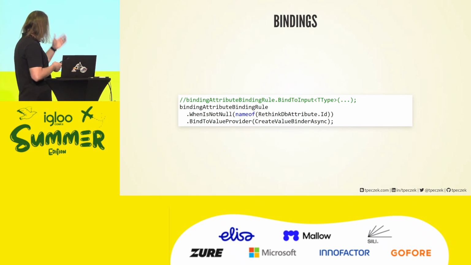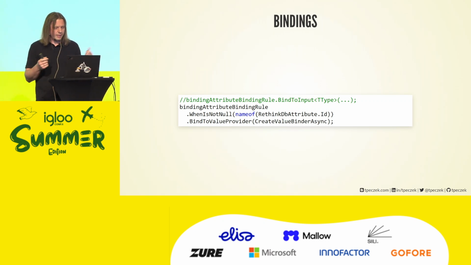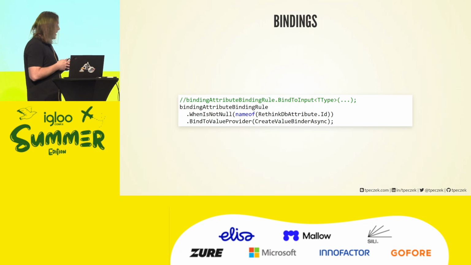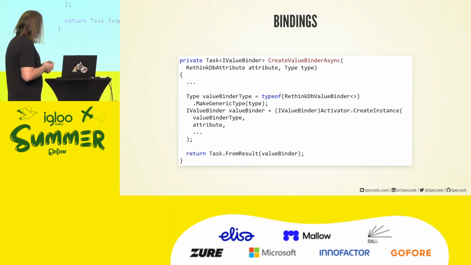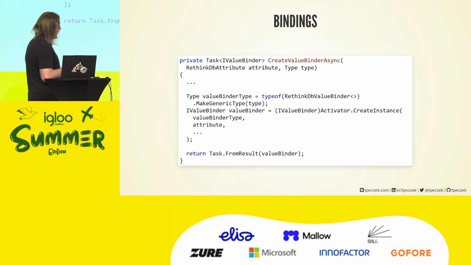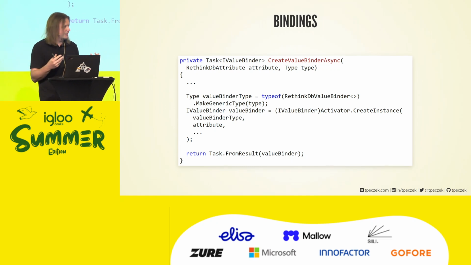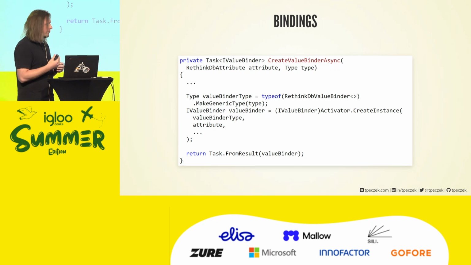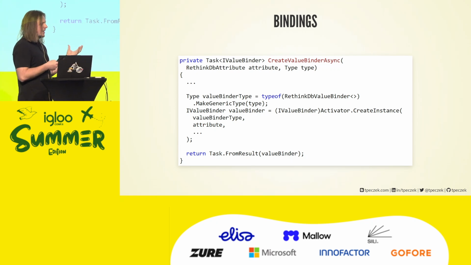So the extension author would like to be helpful to developers, to be able to basically deserialize to anything. So in that case, this is where that second way of registering factories comes in, something that doesn't have that limitation, bind to value provider in this case. We are getting a lot of flexibility for the price of complexity and simplicity at the same time, because that second type of factory is just methods, and methods are not perfect to represent something potentially complex, because the first question is always, where did the extension author put that method? And there is no rule for that, so finding it may be a little bit harder.